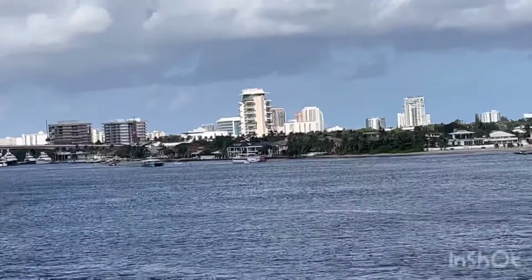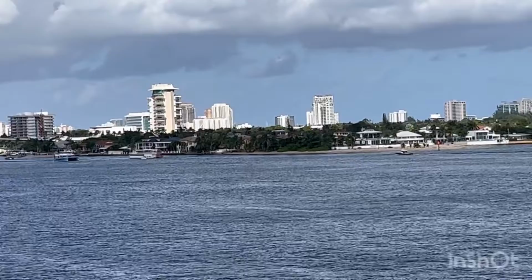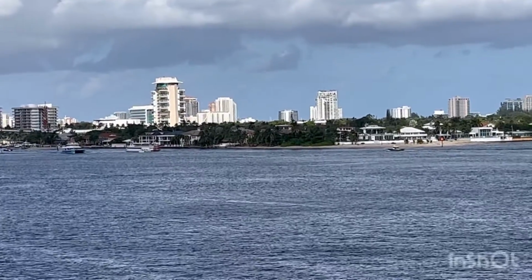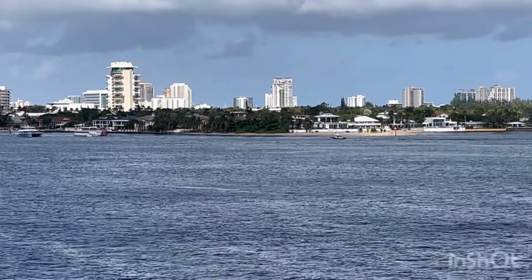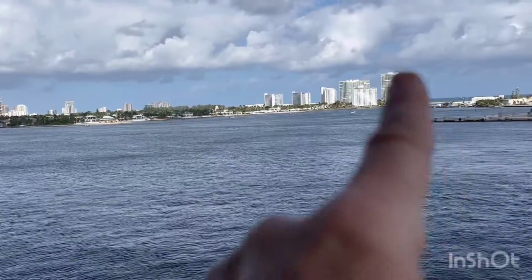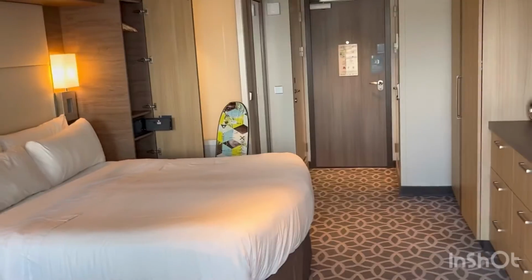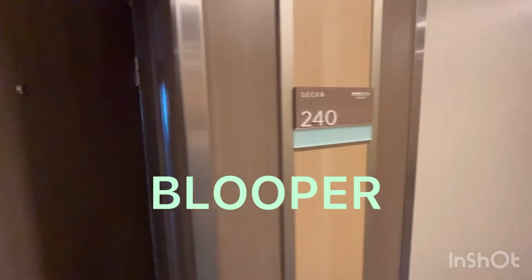There is your former Pier 66 hotel. There's a restaurant on the top that rotates around, and we are able to just pull right out of here and head out. But that is your room tour, 6240 Junior Suite on Odyssey of the Seas. Are here on Odyssey of the Seas doing a deck 6